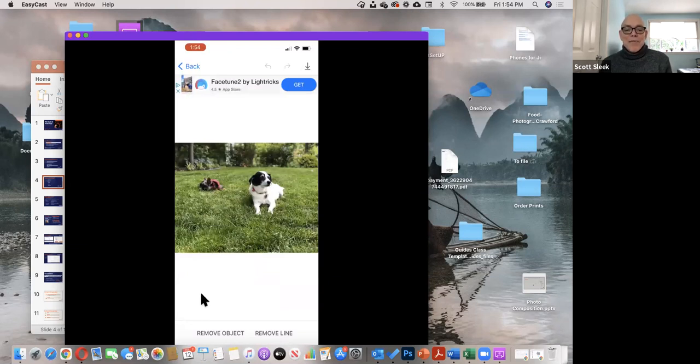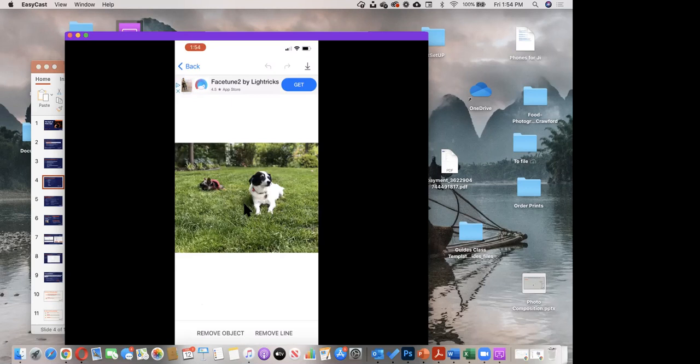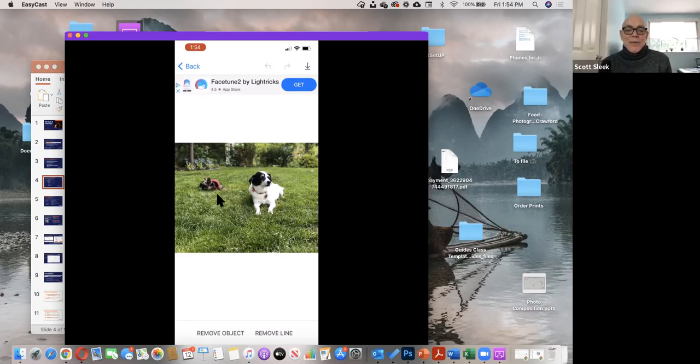But here is an example of a photo that I am interested in removing something from. I have my dog sitting here, and then there is another dog here that I would like to remove from the photo. To do that, I'm just going to go down here to where it says remove object. It brings up these two little utilities here. One is something to draw on it, which I don't want to do. And one is to erase. It defaults to that erase. So right now, what you're seeing is me putting my finger over this other dog. It outlines him in red, and then I hit go,